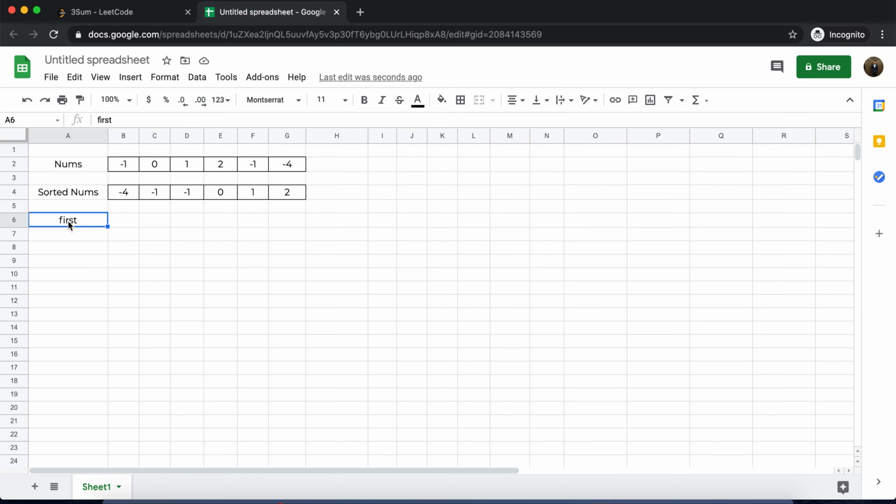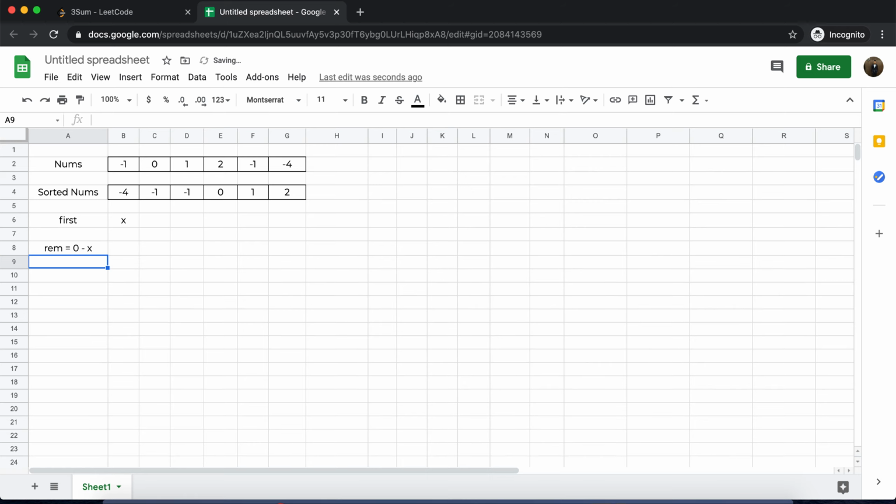Now in the next step we need a loop which will fix one element from this array, like the first number of a triplet. So in this loop, let's say I'm fixing this number, and I'm calling this x. So we have a first number, and we know that the remaining numbers should sum to 0 minus x, because x plus remaining should be 0. We've already spotted x, so whatever is left to be searched is the remaining.